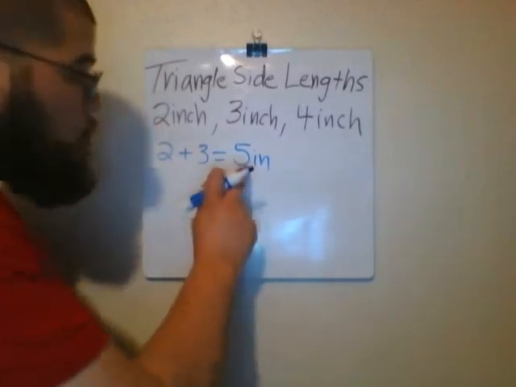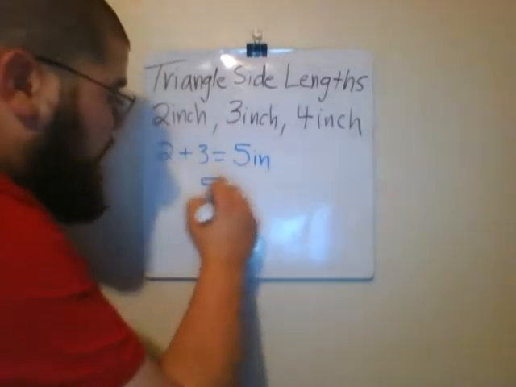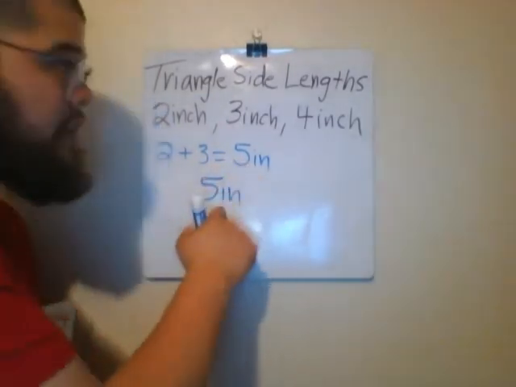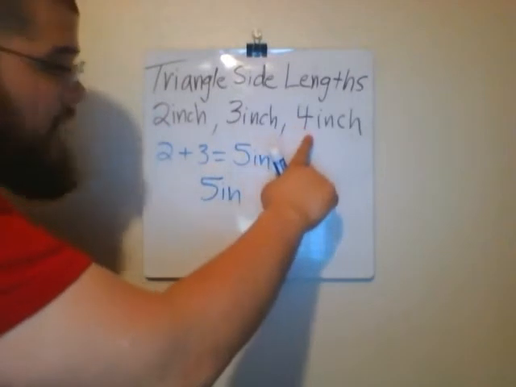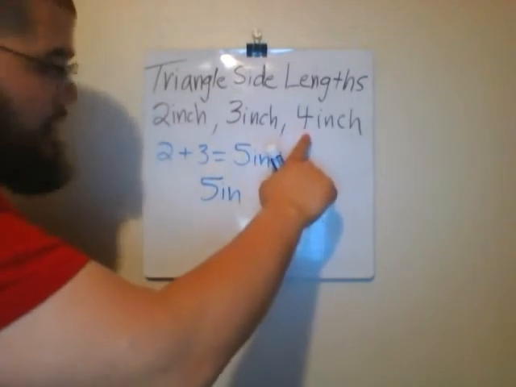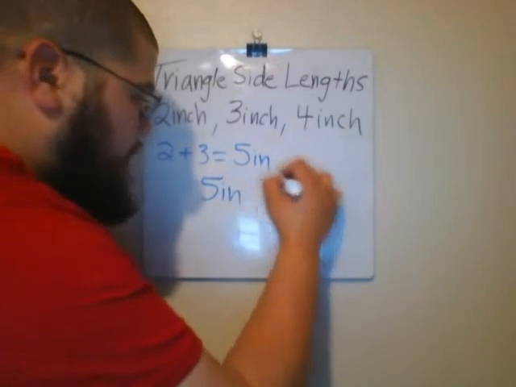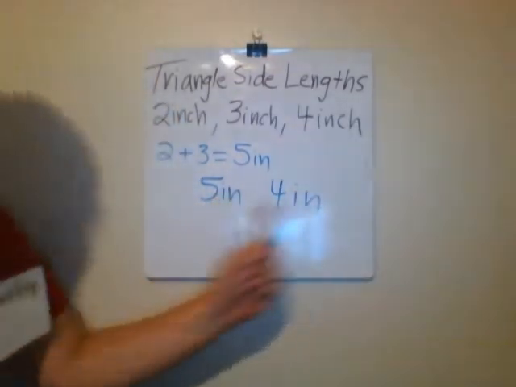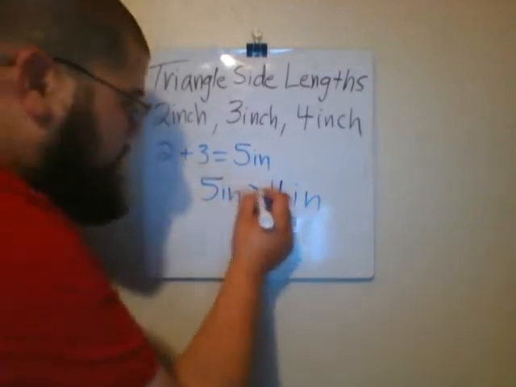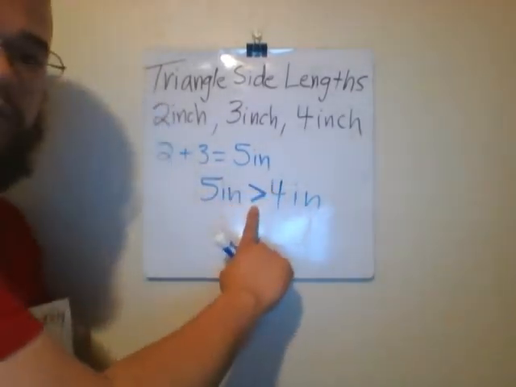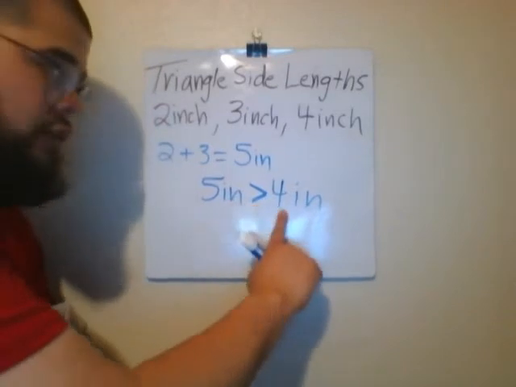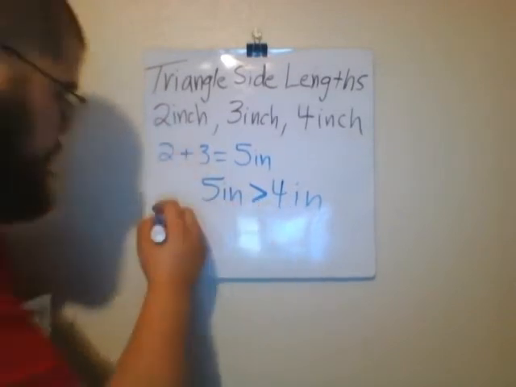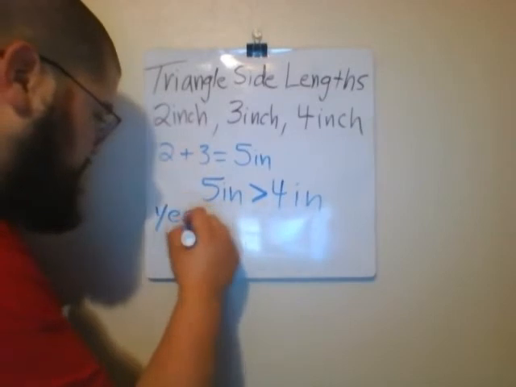Okay, now what we're going to do with this 5 inch is we're going to compare the 5 inch to the longer side. The longer side was 4. Okay, the longer side is 4, so we're going to write 4 right here. Now we need to ask ourselves, is 5 greater than 4? And the answer to that is yes. So we're going to write our greater than symbol. That's what that is, the greater than symbol. Because 5 is greater than 4. And since 5 is greater than 4, then we're going to write at the bottom, yes,